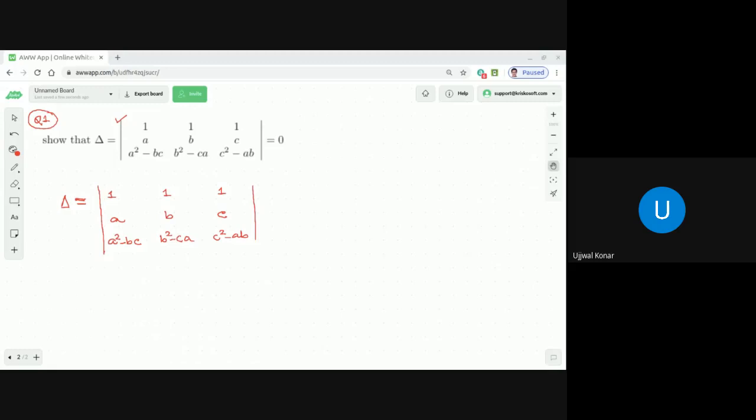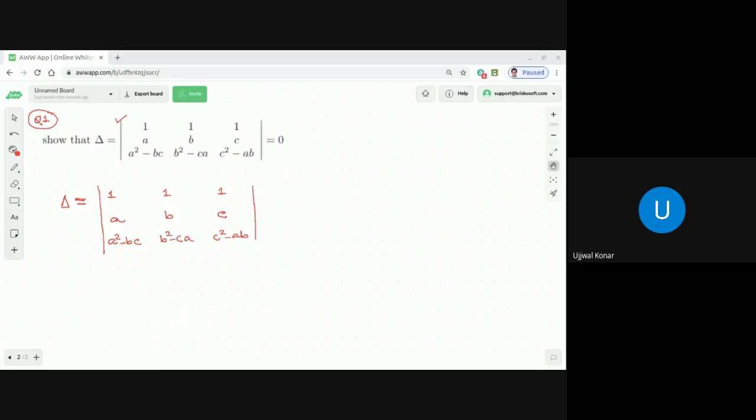I want to subtract the second column from the first, and the third column from the second. If we do, what are we going to get? Let's see. So after doing this operation, what we are going to do is that,